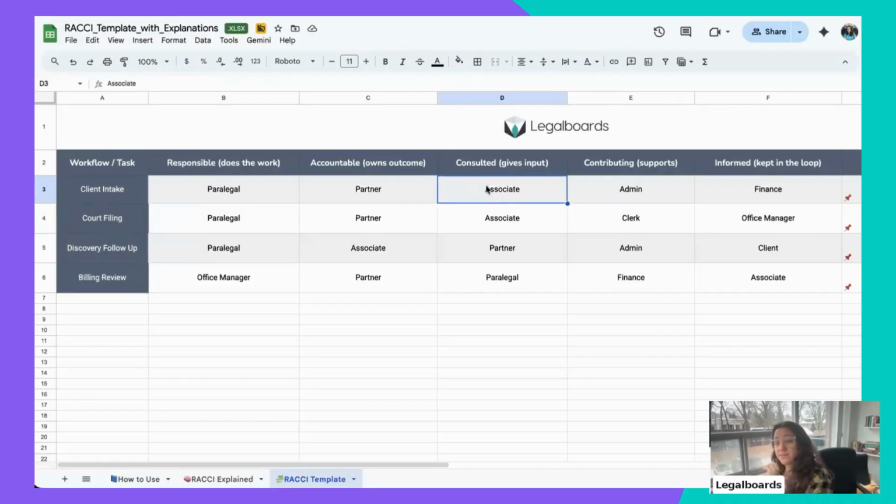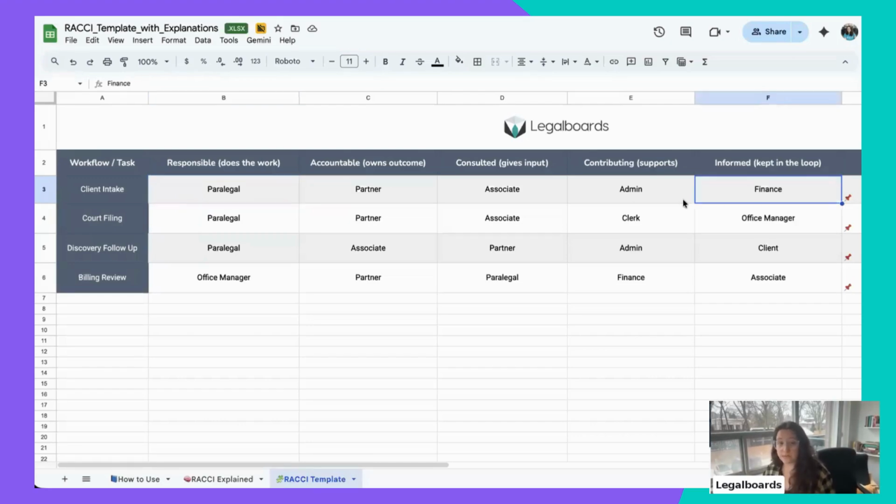So this paralegal can use this person for help. And then we have the contributor. So who supports the paralegal? The paralegal doesn't really need to talk with the client. The paralegal could break her task into several different steps and send that to the admin, to do the part of talking with clients, filling out information, or whatever else needs to be done.